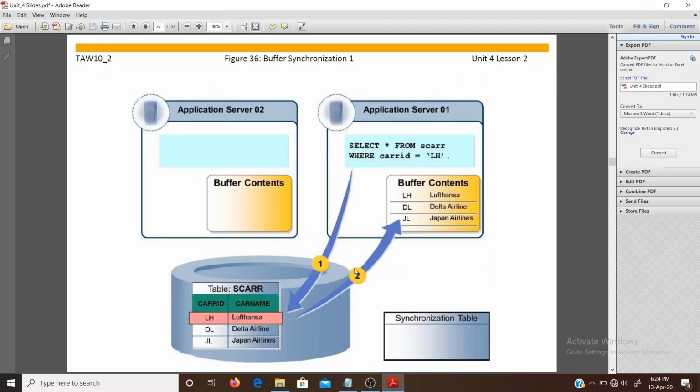Come to the next slides. These slides will describe the process of buffer synchronization. These slides will tell you the step-by-step procedure for buffer synchronization. Starting with this first slide, buffer synchronization 1, you can see we have two application servers, application server 1 and